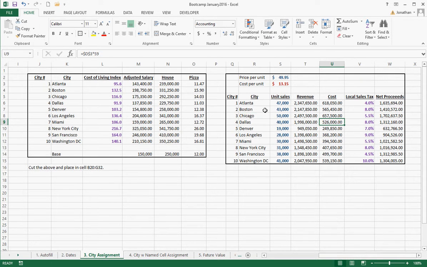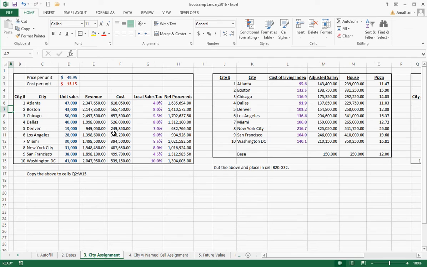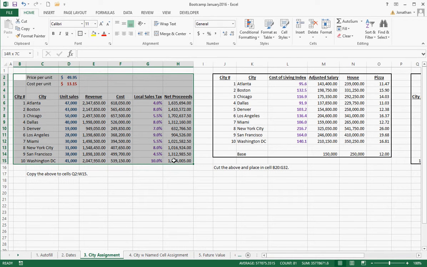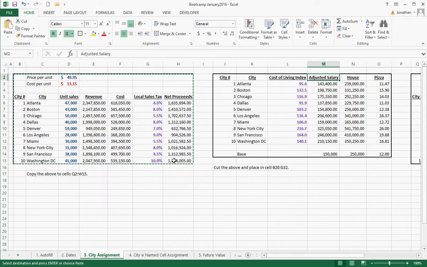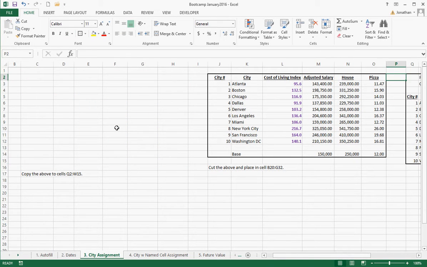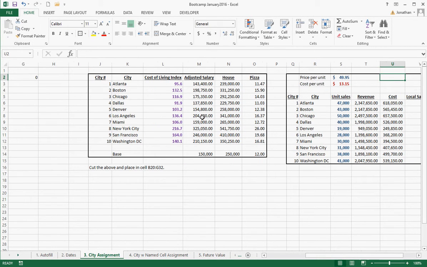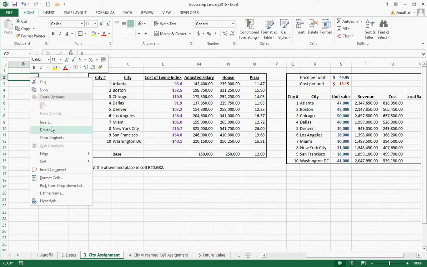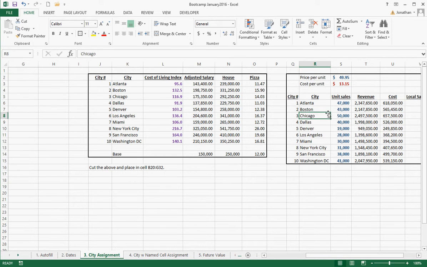So the best way to do this, well, not the best way, but if you cut it, what I want to point out is if I do Control X for cut rather than Control C for copy, see when I copied it, it stayed in the same place, but when I do the cut and move it over here, it eliminates this part of it and it moves the whole thing over here. And when it does that, it moves the cell reference to match where the cut went to. Alright, so I'm going to just undo that,